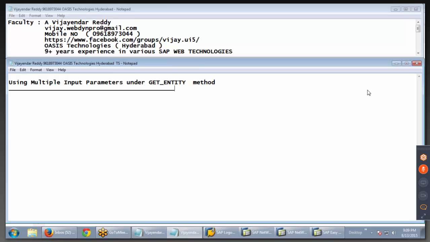If you want to use multiple input parameters under the getEntity method, you can see in the last class I created